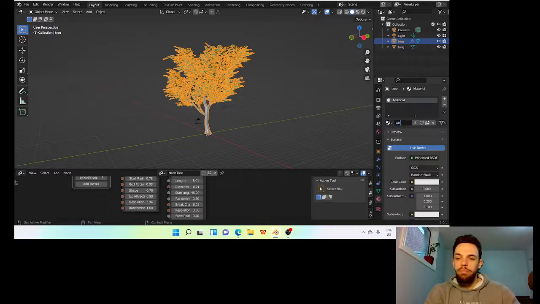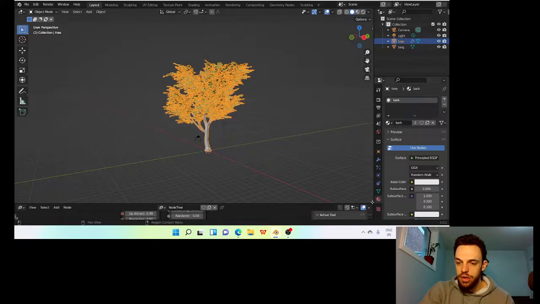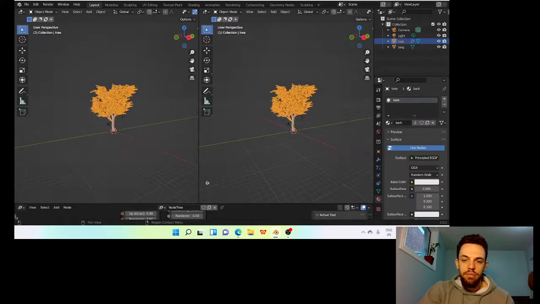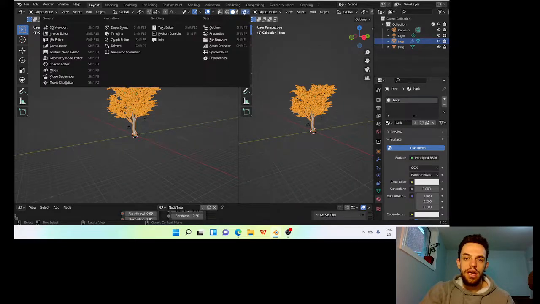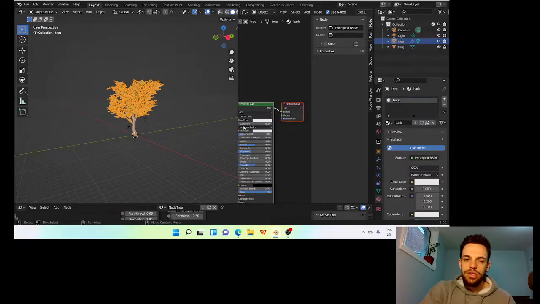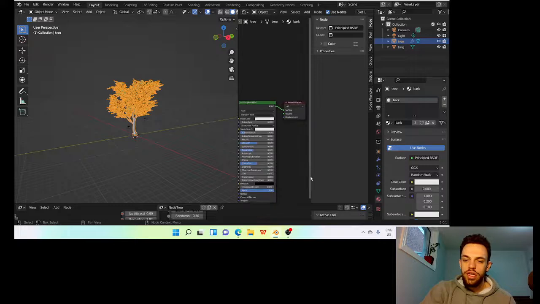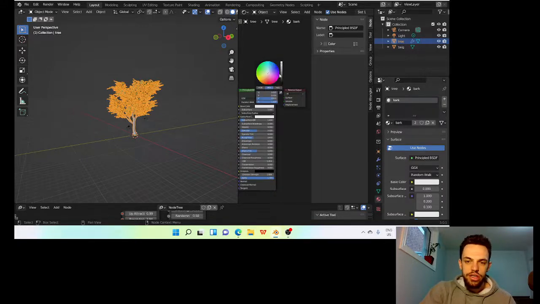and I'm going to call it bark, and we don't really need this anymore, so I'm going to put it down and bring this over, split the screen here, and on this side I'm going to go into the shader editor. So here you see the principled BSDF, and if we change the base color on here, we can change the color of the trunk. I'm going to make it kind of a light brown color,